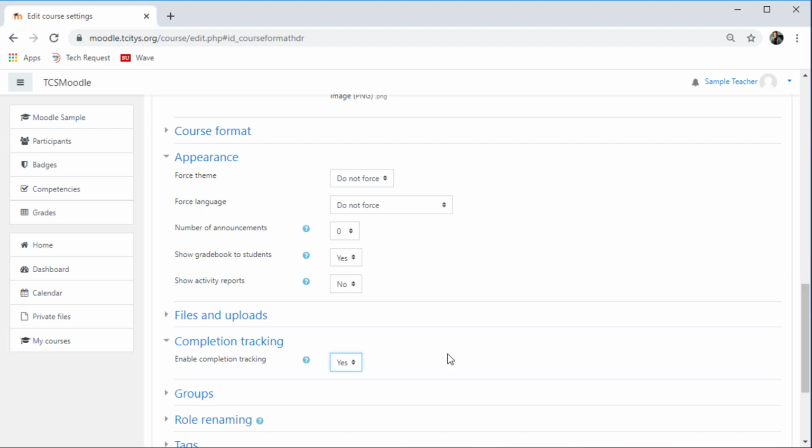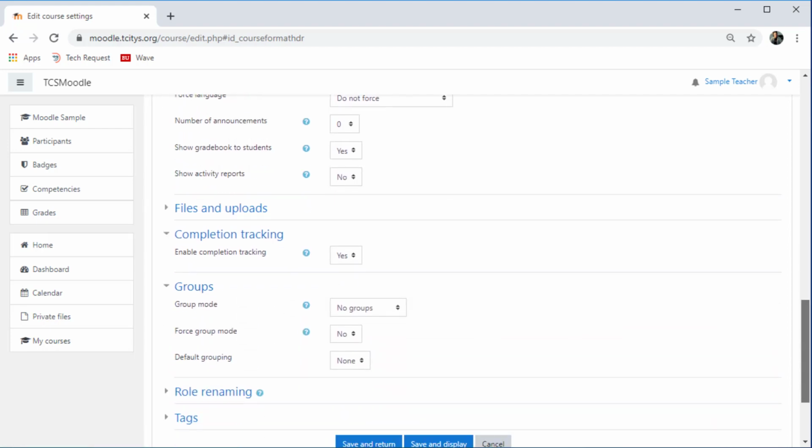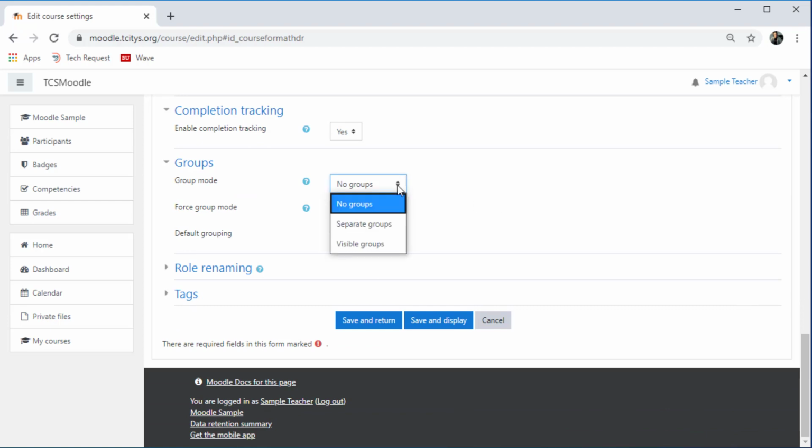Now, the last thing for this video, we're going to set something in the Groups menu. So let me open that and scroll down a little bit. For group mode, we're going to choose Separate Groups. Groups have a lot of different meanings in Moodle, but the first place you're probably going to come across it is you'll probably want to set up different groups for your classroom sections, like a first period group and a